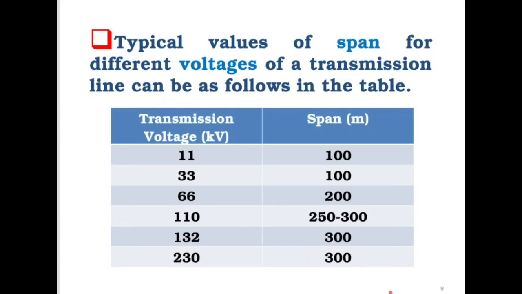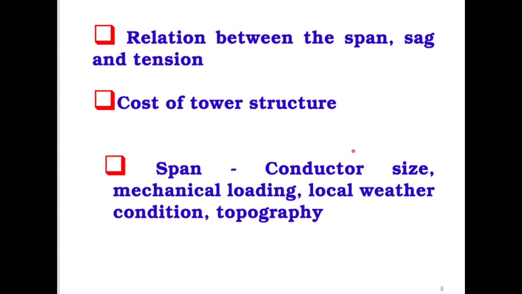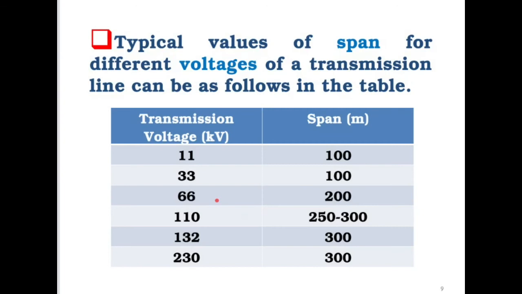Okay, fine. Thank you. So in olden days, the table that you see here is showing typical values of transmission line voltages. The factors that I talked about here are not showing transmission line voltage. But in olden days, they were using this type of table. It's not going to be exactly the same as what they were using, but it was a typical table, and they were considering the transmission line voltage relating to the span.